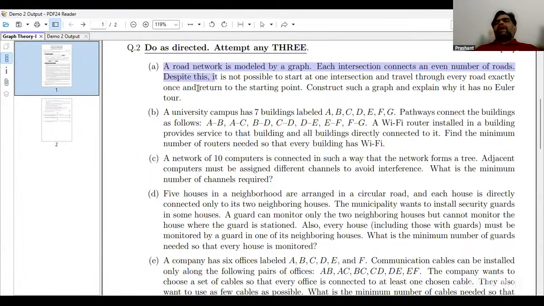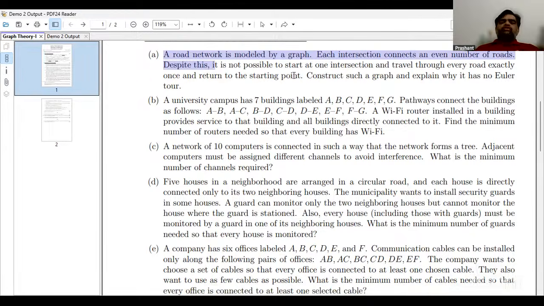That means I'm asking them whether it is an Euler graph, whether it has an Euler tour or not. Actually it is not, because it's not mentioned that it is connected. Okay, so that is what I'm checking with this.